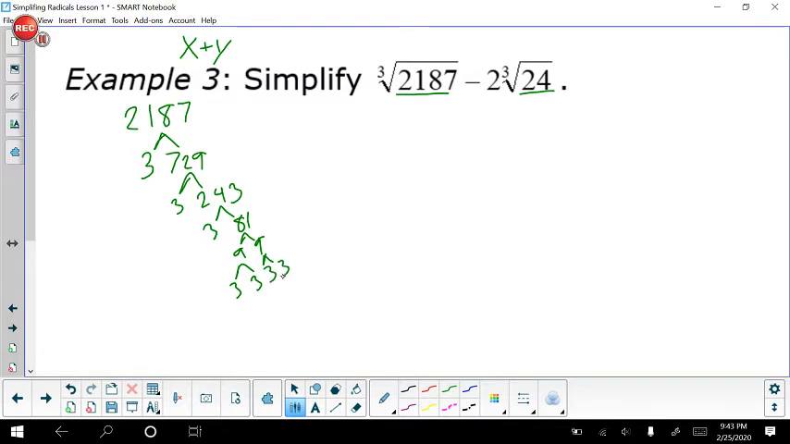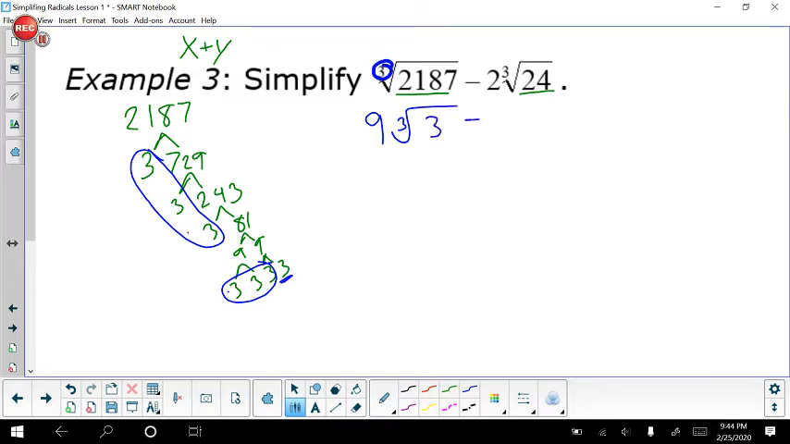Okay, and we're looking for groups of 3. So I'm going to circle this group of 3 3's, this group of 3 3's, and we're left with one remaining lone 3. Okay, so that's going to stay inside the radical. So it's going to be 3 times 3, which gives us 9 on the outside, cube root 3,